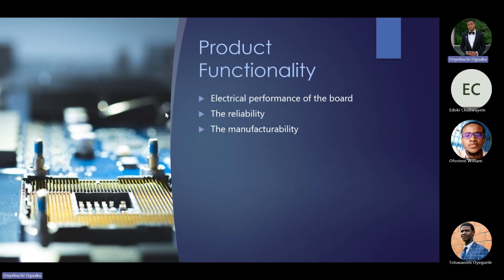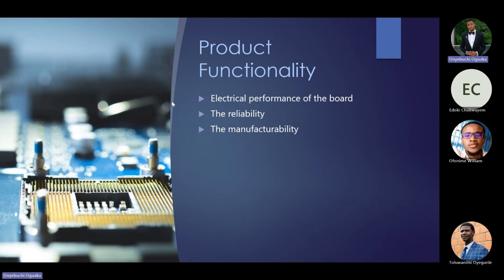Product functionality refers to the ability of the PCB to perform its intended task, and this includes the electrical performance of the board, the reliability and the manufacturability. I know that by now these points should be clear to us. The electrical performance of the board is the board functioning as it's supposed to, and then the reliability